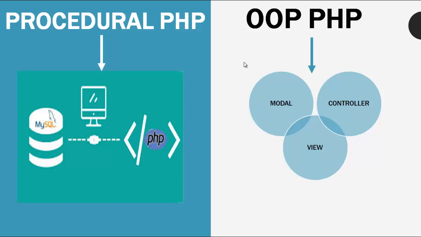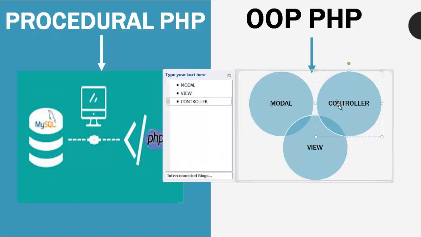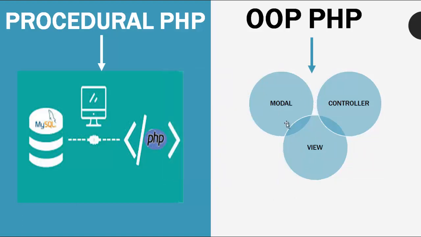But in OOP, the work is divided into three parts: model, controller and view. That is also known as MVC. And in OOP there is also a class. That class is very protective and gives security, and that's why OOP is there. So these three parts, model, controller and view, are known as MVC. I will tell you after we cover OOP. We will move towards MVC also, I will tell you the basics of MVC, and then we will make the project. So let's move to the next slide.